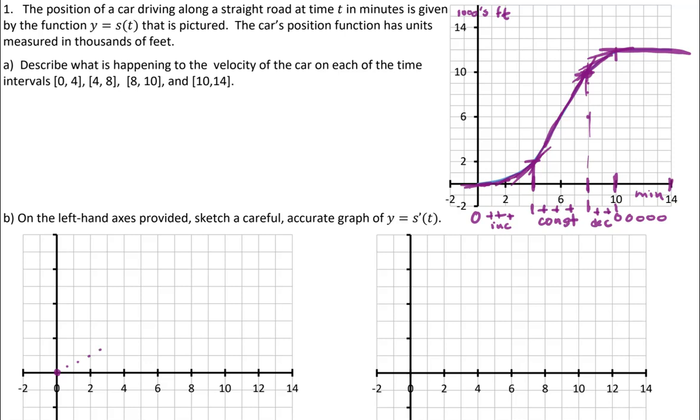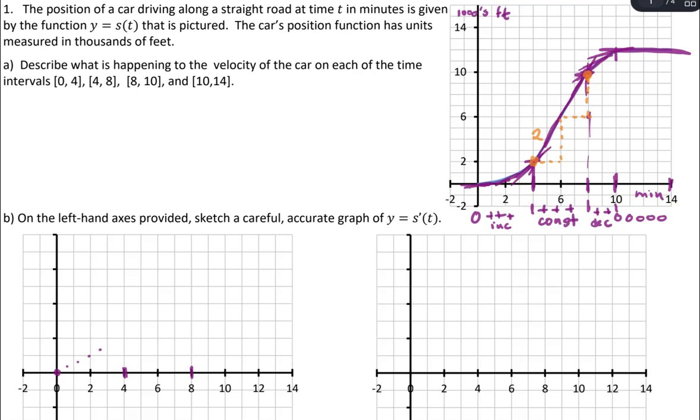Generally, I don't want to get too hung up on exactly what our slopes were, in other words, exactly what our y value should be, but I think for the stretch from 4 to 8, where it looks almost like a perfectly straight line, that might be a nice reference. So if we go back up to our graph and we look from 4 to 8, it looks to me like I go roughly over 2, up 4, over 2, up 4. So that piece where it looked like my slope was staying fairly constant, I think the slope is 2,